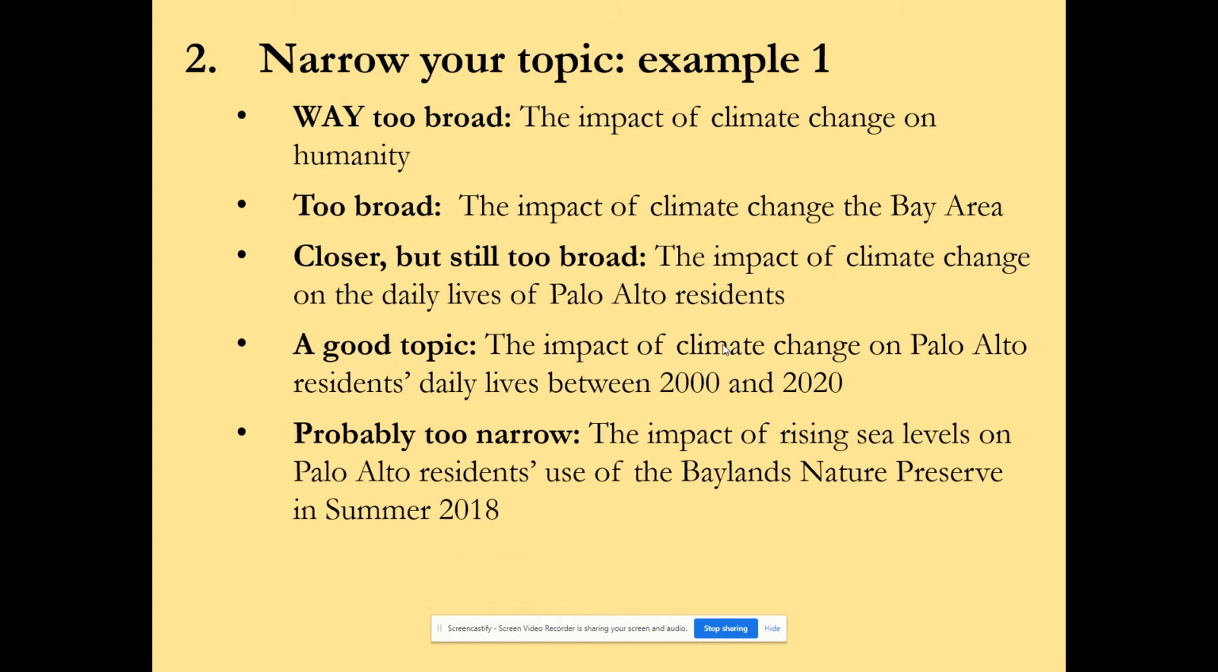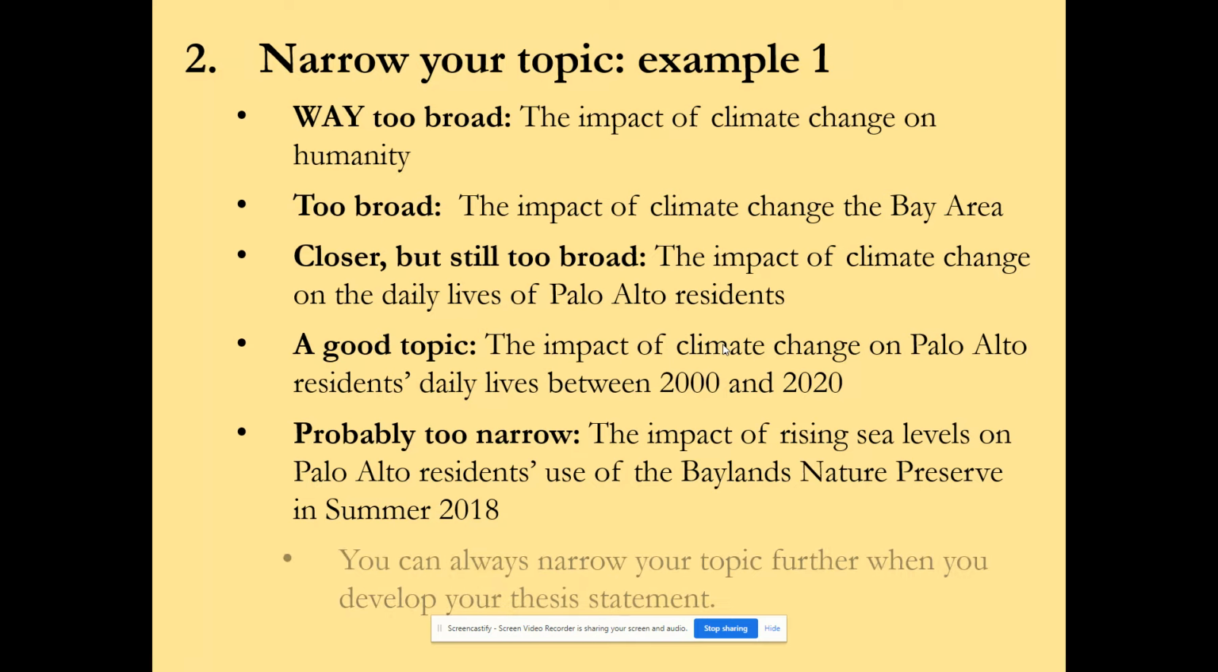And now here's an example of one that would be too narrow. You overshoot the narrowing of your topic. The impact of rising sea levels on Palo Alto residents' use of the Baylands Nature Preserve in summer 2018. Like, did rising sea levels even have that much of an impact on how Palo Alto residents used the Baylands Nature Preserve in summer 2018? It seems so specific that you might not be able to even find a single source that would support